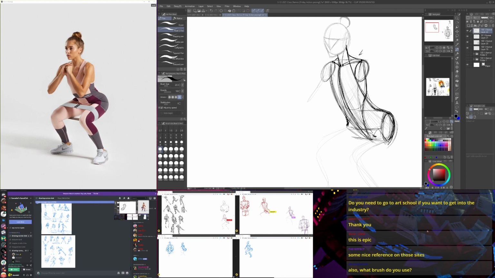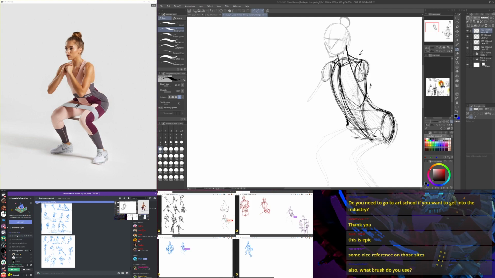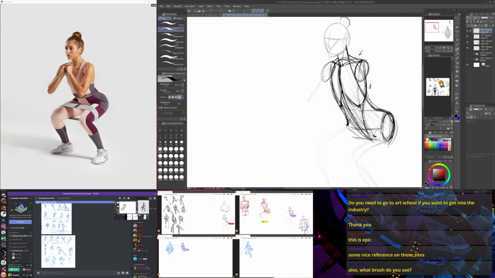But here you can already see a little bit of something I can use for starting to form the egg shape of the rib cage. You've got the sternum here. Corners of the rib cage, like so.